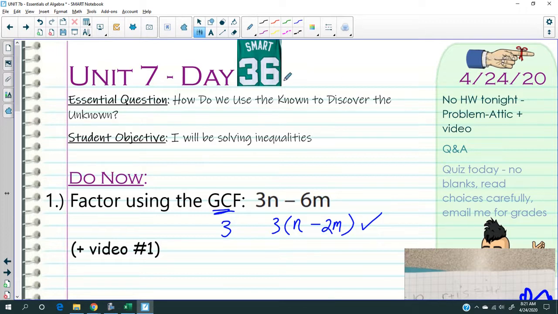Okay, let's see. Unit 7, day 36. No homework tonight because you're taking the quiz. Okay, so regarding the quiz today, again, don't leave any blanks because a blank answer is marked as a wrong answer. It doesn't mean that it doesn't count. It counts as a wrong answer. So make sure you do all the questions. Okay, so take your time. All right, read the choices carefully